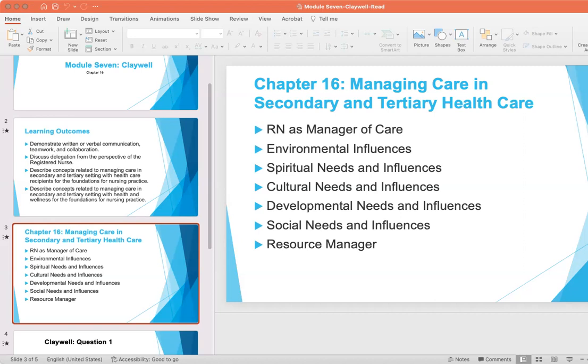Social needs and influences: the patient's social support may be interrupted, so you need, as the RN, to support the family, provide open, honest information about the hospitalized family member to whoever the loved ones are. Anticipate providing updates and other information without the family having to solicit the information. Allow access to the client whenever possible.